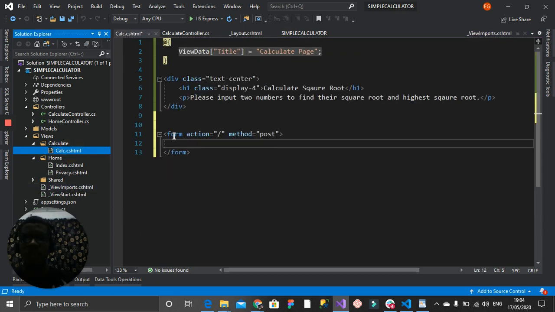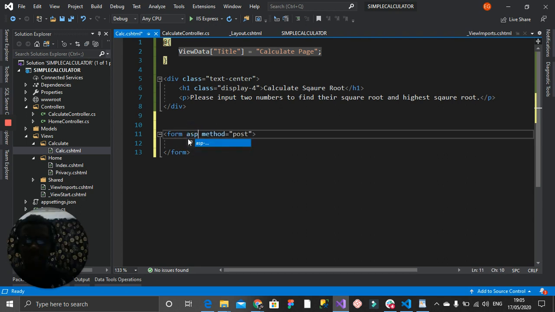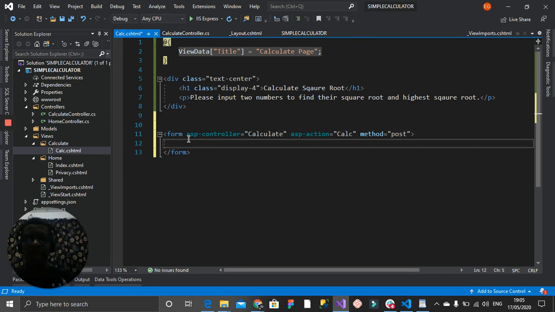So now this is the form tag helper, and we already recognize it from HTML, but then it's going to use different methods. So we're going to use the asp-controller and then go to our calculate controller, then also the asp-action, and we'll call it calc, which is what we have up there. Then the method is post. All right, so right in here, we're going to call our input